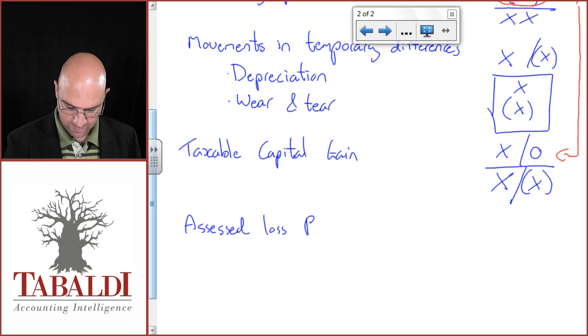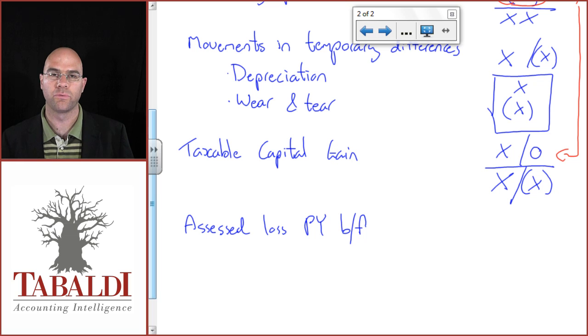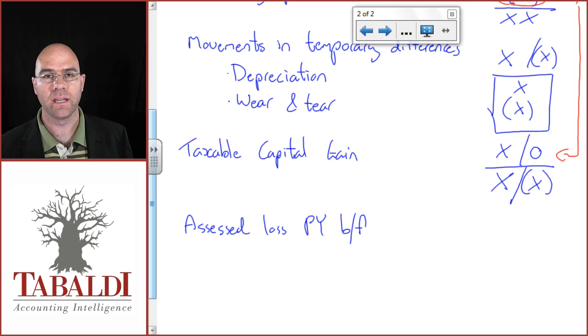So let's call that prior year, and I use BF to show brought forward. Now, what happens with tax losses? In terms of the Income Tax Act, the tax authority does not give you a big check back if you run into a loss, as it does to individuals. But what it does do is the tax authority says you can carry tax losses forward to reduce future income